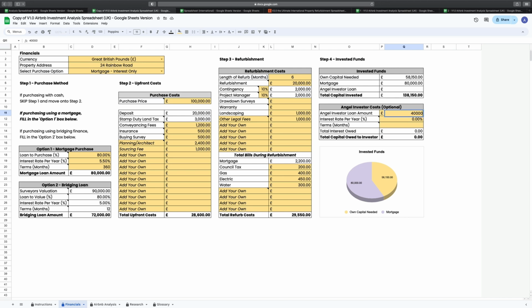If you find someone who can provide the cash you need for the project, you can enter the loan amount into this box, as well as the interest rate they will receive per year on their capital and how long you'll be borrowing their money for in months. Once you have filled in steps 1 to 4, you will see a breakdown of the invested funds in the